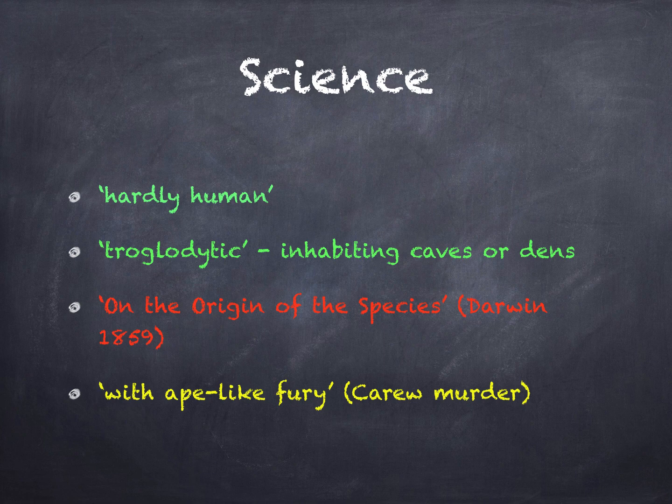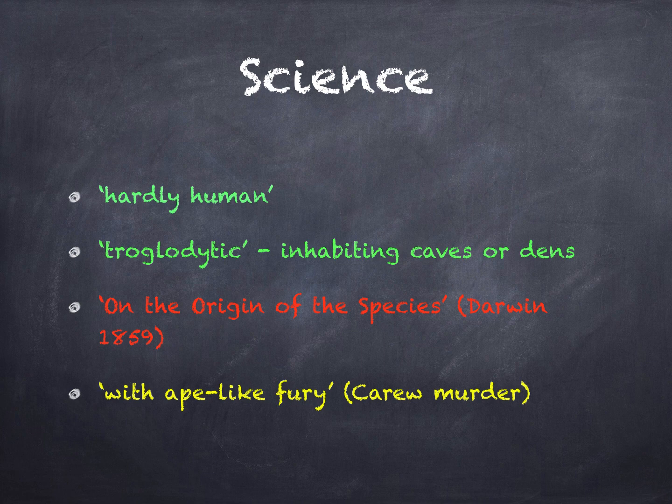The next reference we get to this in the passage is the use of the term troglodytic. Now, troglodytic is a term that refers to people that inhabit caves or dens. And these, of course, are very primitive people from the early ages of mankind, who would have perhaps even crawled about on all fours. So the use of that troglodytic, again, suggests that Hyde is something of a primitive being. He's not fully developed, and he is rather base in his nature, animalistic, we might say.